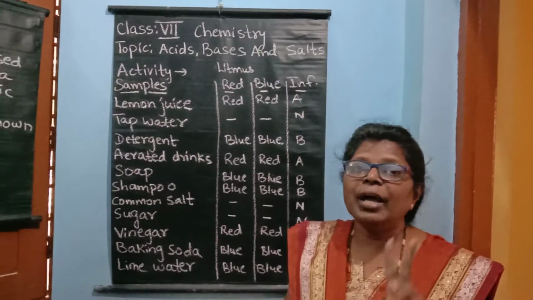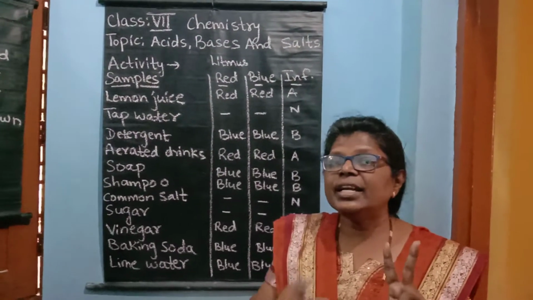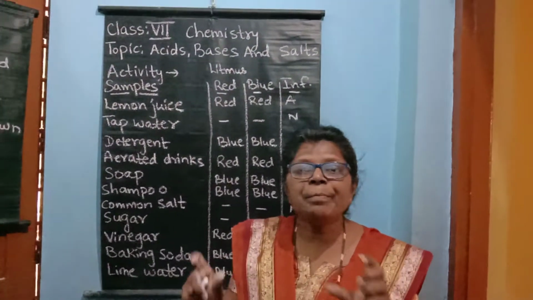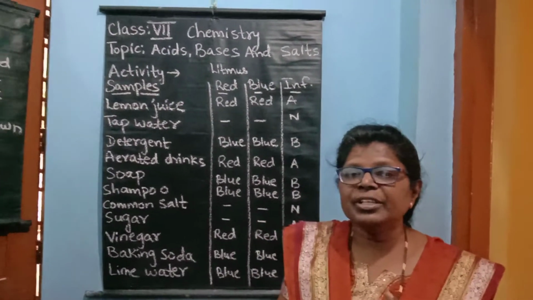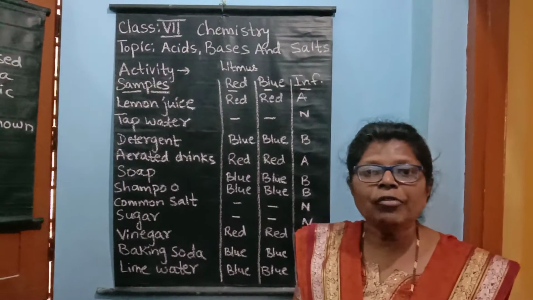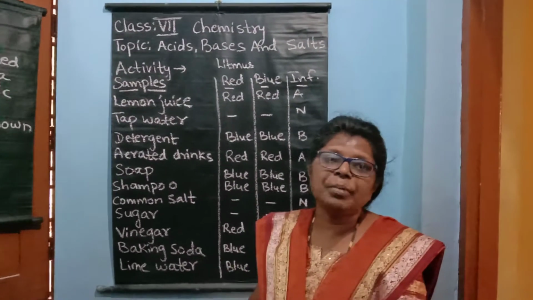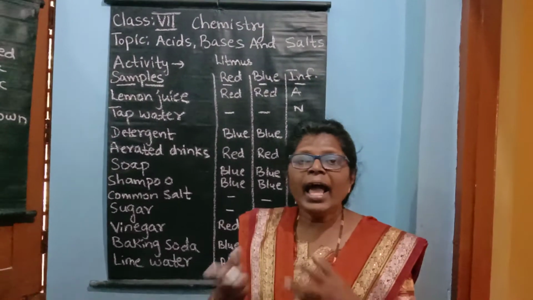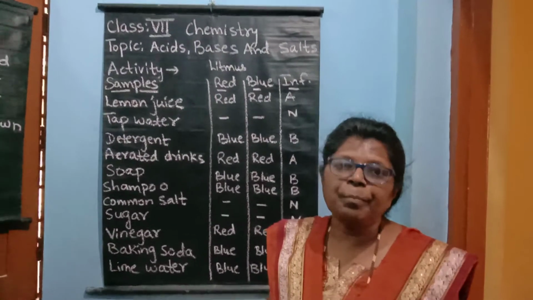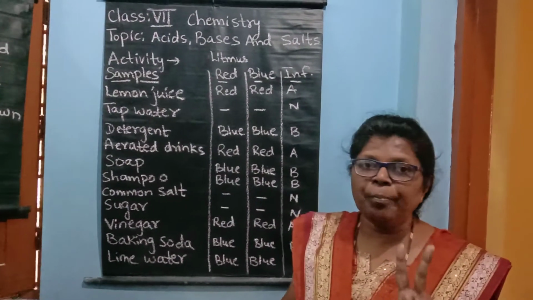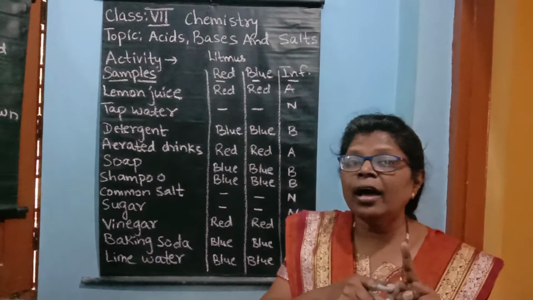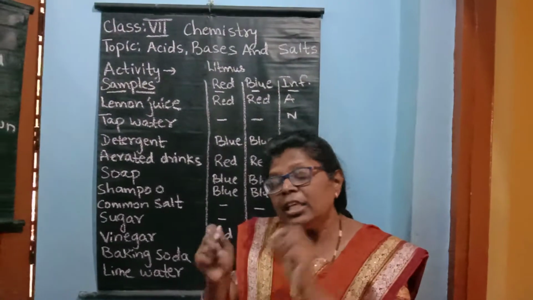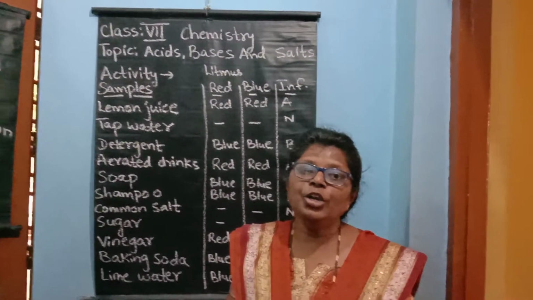Now litmus is available in two forms. It is present in the form of a solution and also in the form of paper strips. Now how to make the paper strips? We have to take blotting paper or filter paper and dip it into the litmus solution. Afterwards you remove that paper, dry it, and then cut it into thin strips. So there are two types of litmus paper. One will be red in color, the second one will be blue in color. And what about the neutral solution? The litmus paper will not change in a neutral solution.